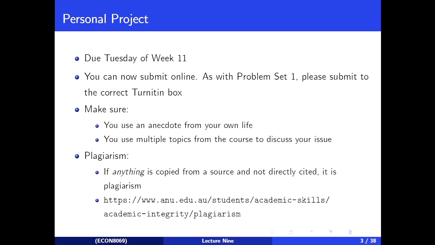Anything that you copy, anything that you quote word for word from any source for any reason, you need to indicate that it's a quote. You need to directly cite the place where you got it from, which means an in-text citation. You put quote marks around the quote, and you put an in-text citation at the end of the quote saying where you got this from. That might be in text, might be a footnote, but you put in a citation at that location. Some people had this for definitions, particularly in problem set 1, and that's still not okay. If you're pulling a definition from a source, that's okay, but you need to quote the source. You need quote marks around it. You need an in-text reference.